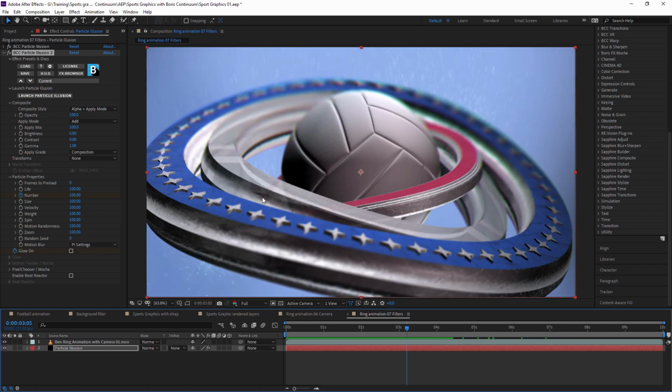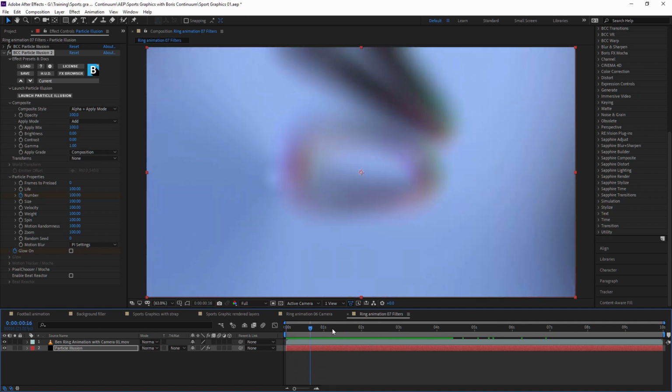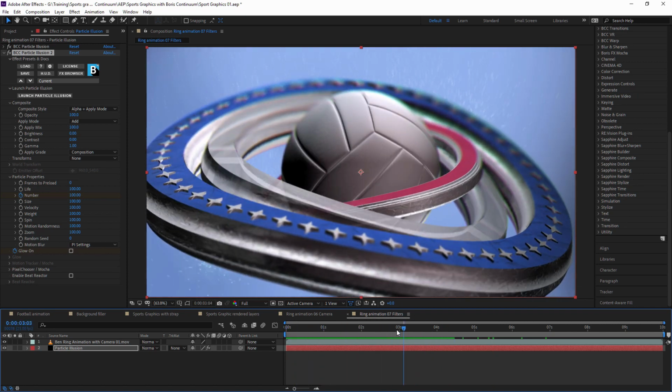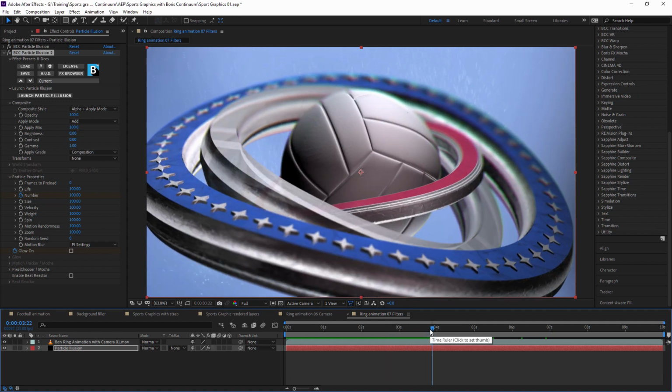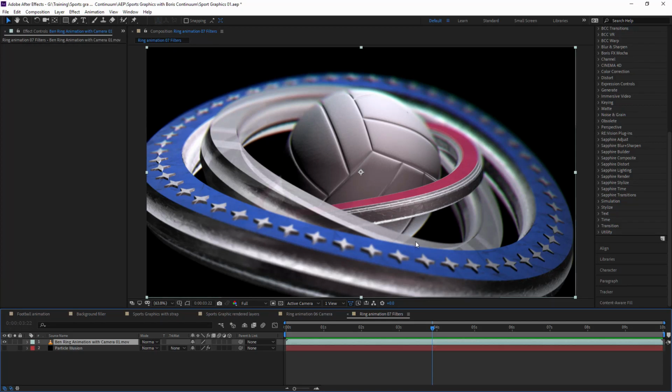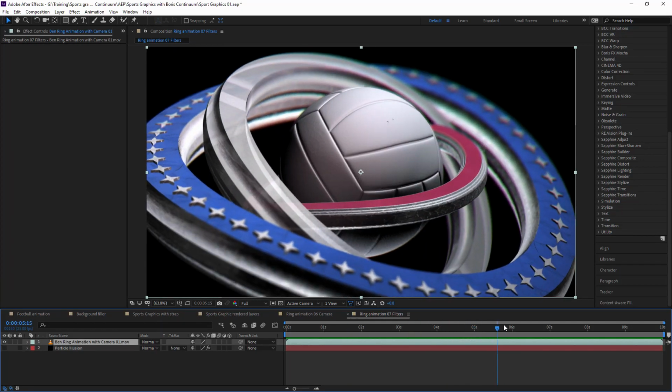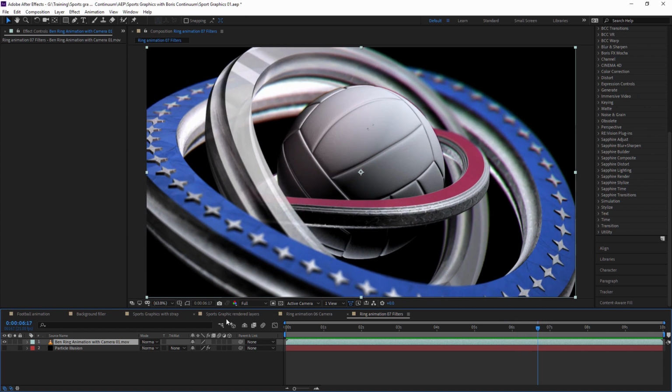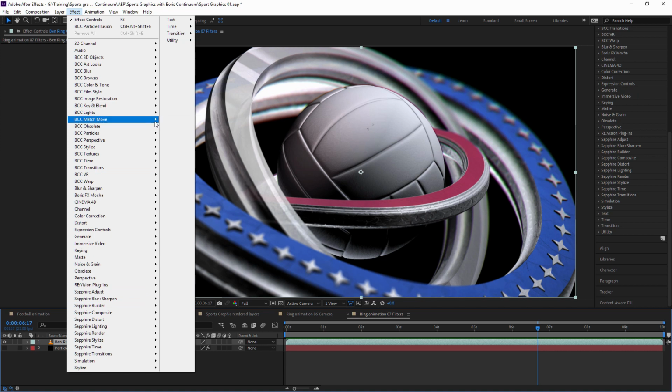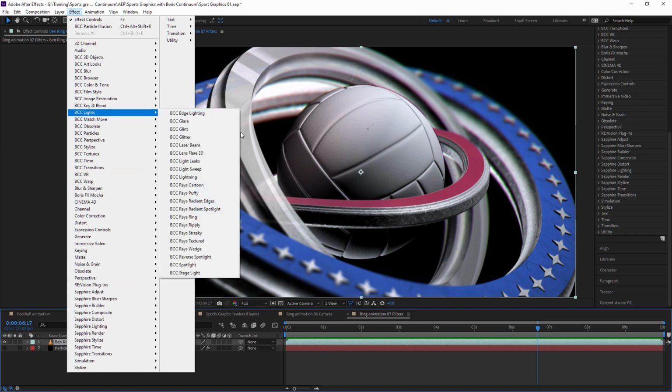So now it's time to actually add some effects to the 3D animation itself. Because once we've taken this out of Title Studio, once we've rendered out Title Studio, we're not finished with it at all. We can add a few more glints and glows and just that sort of eye candy appeal to it. And one of the favorite things I like to do here is come into my lights category. And there's a few that really stand out.